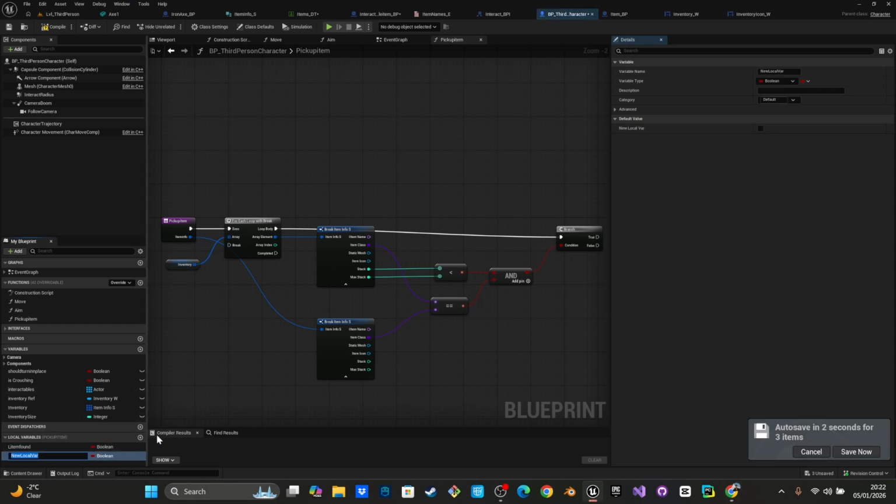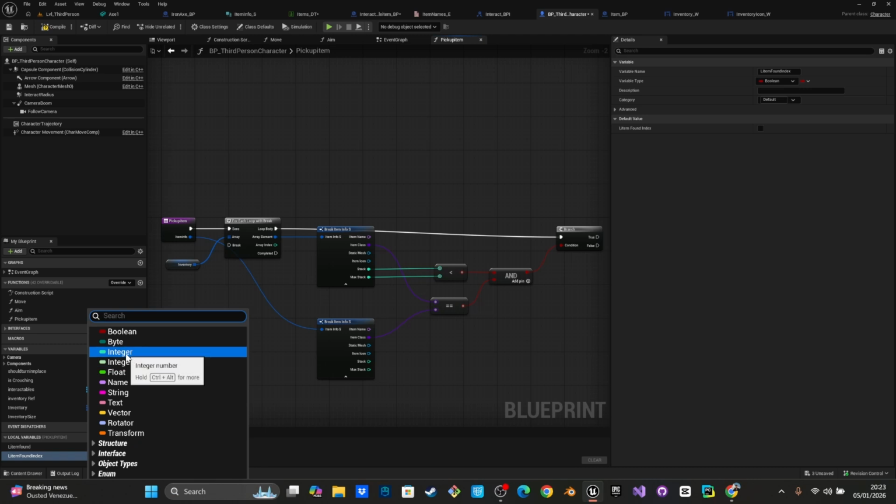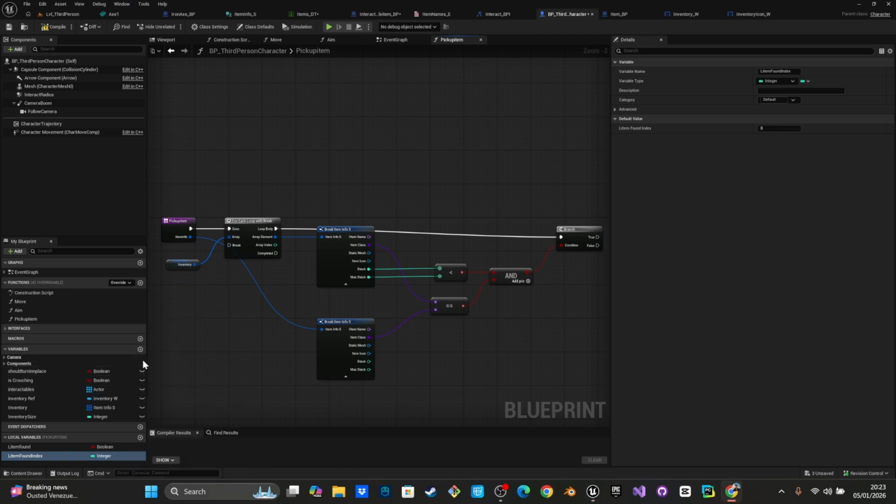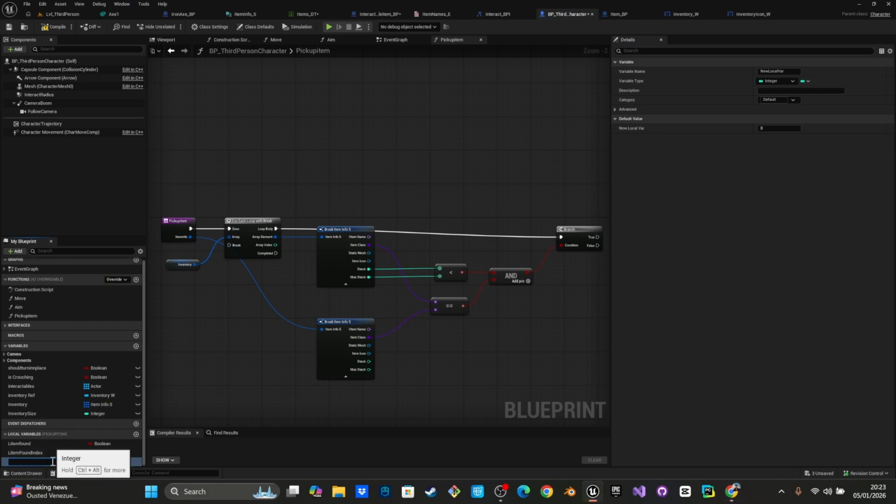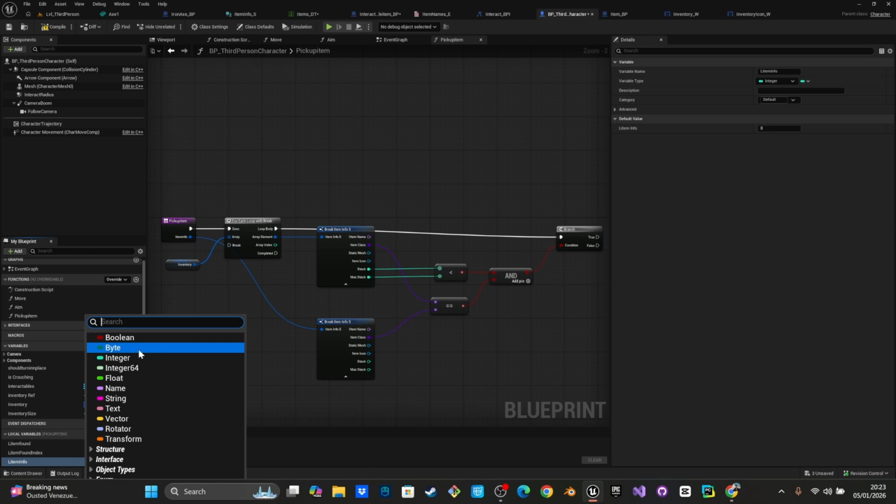Now this is gonna be, we're also gonna get another boolean where we'll get local, we're just gonna get L, and we'll name it item found index, and this is going to be integer. And we need also another one which is going to help us remember the item, and this is going to be named as item info. And this is going to be as item. We'll get this item info,